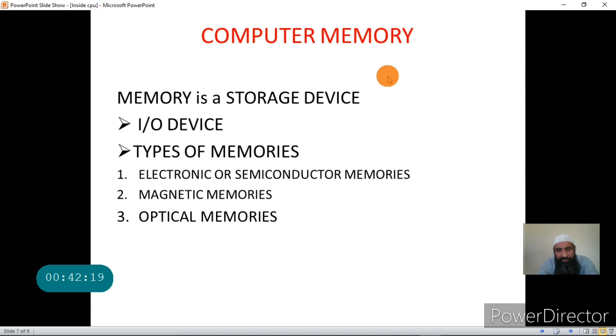Why is it so? There is a reason for it. Let me come to the reason later. Let me first tell you the different types of electronic memories, and I will not go into details, just basic points. We have two types of electronic or semiconductor memories: one is RAM and one is ROM.